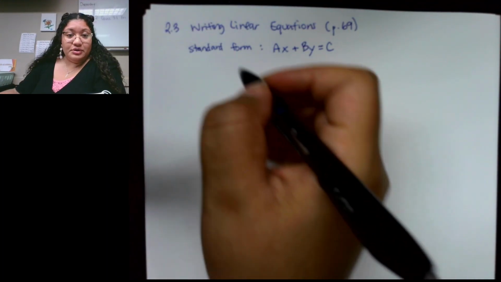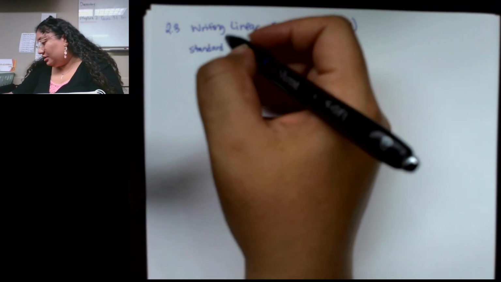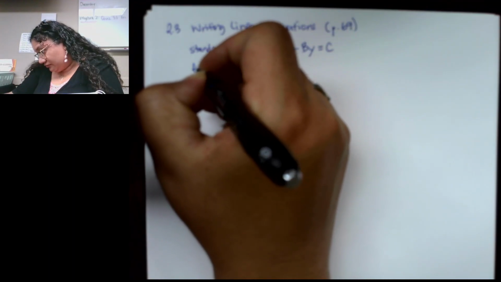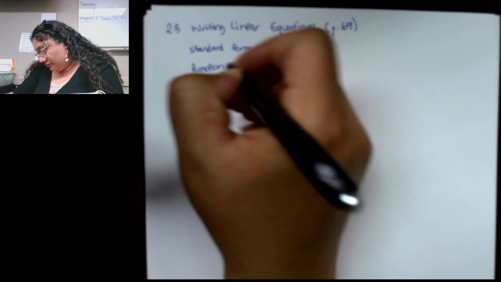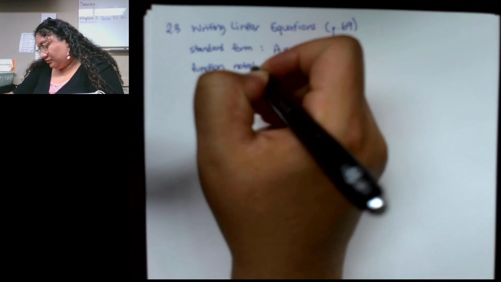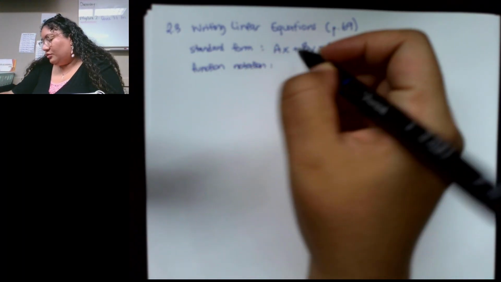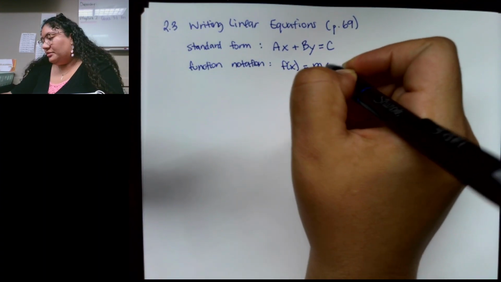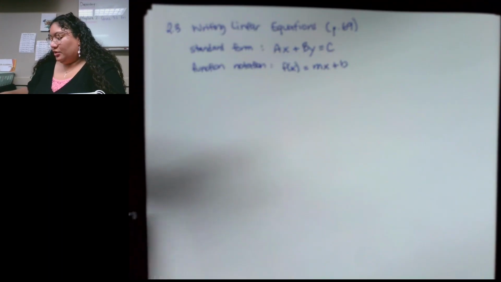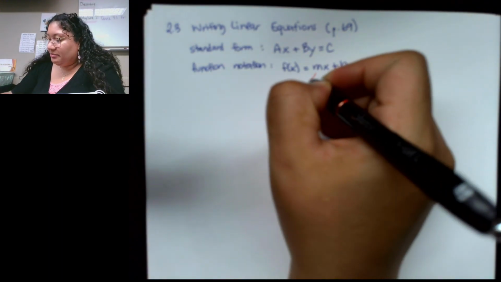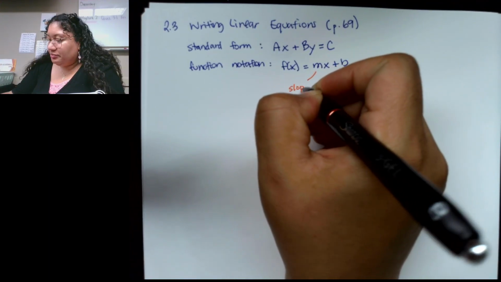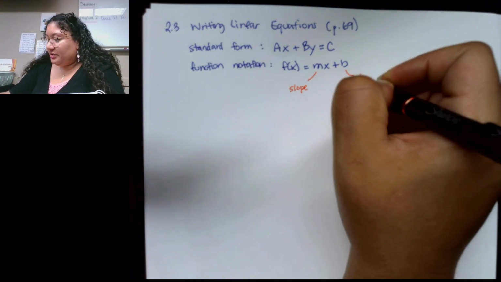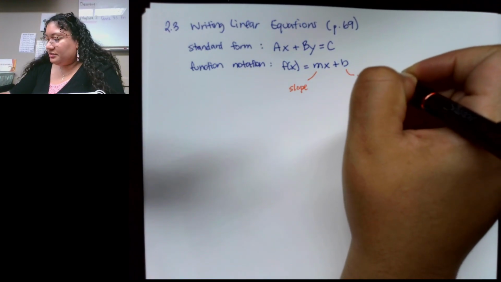We have also gone over function notation, which is f of x equals mx plus b, where our m is our slope, our b is our y-intercept,